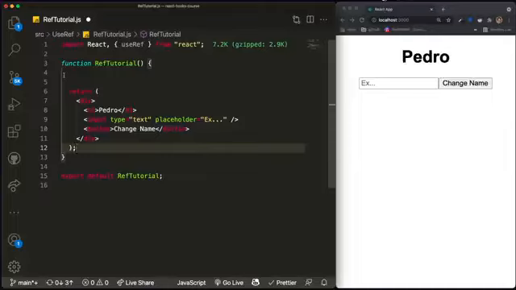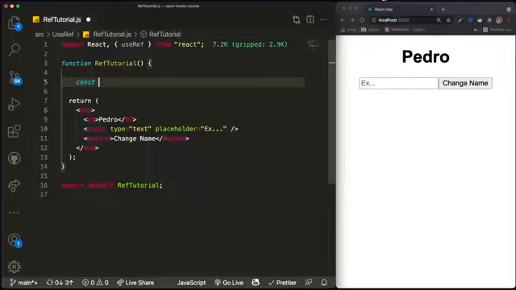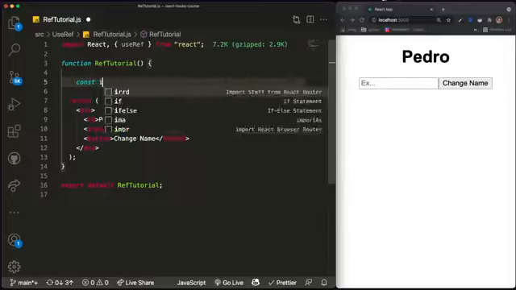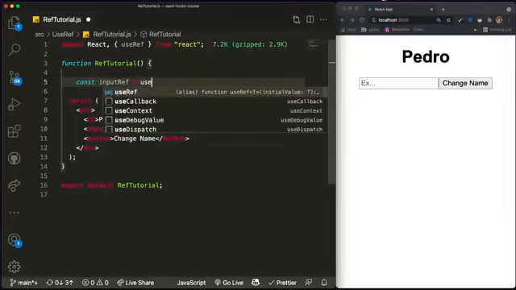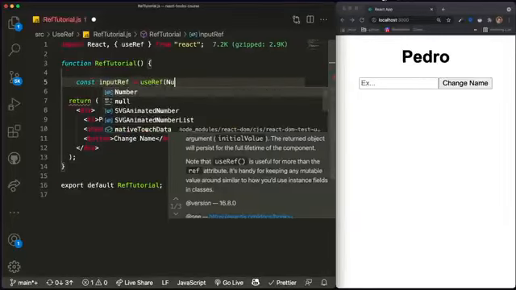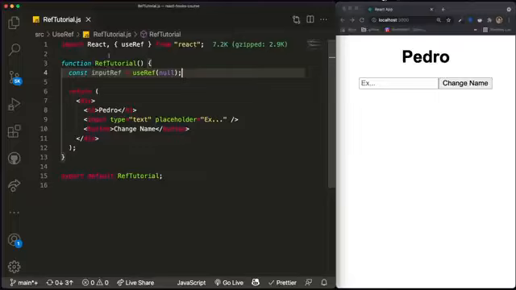So, for example, in this case, the way we're going to manipulate the DOM is we're actually just going to access a DOM element, which is going to be this input, and tell our browser to focus on the input whenever we click on this button. And to do that, we come over here and declare a name for this reference. Let's call it inputRef, and then we set it equal to useRef. Initially, usually you can just pass a value of null over here like this,